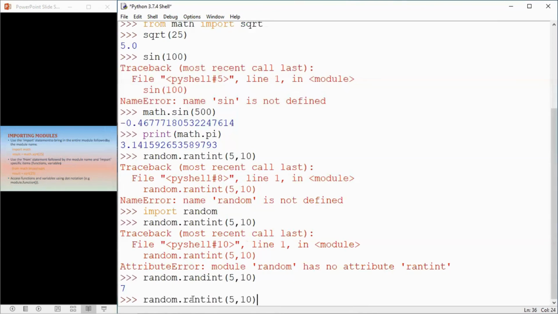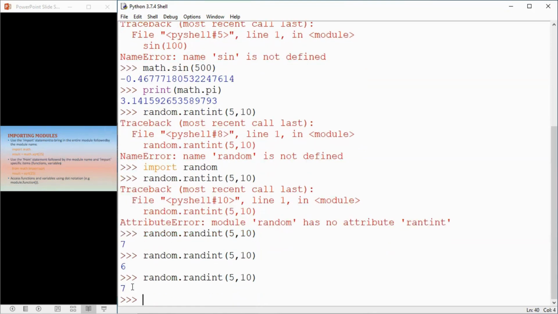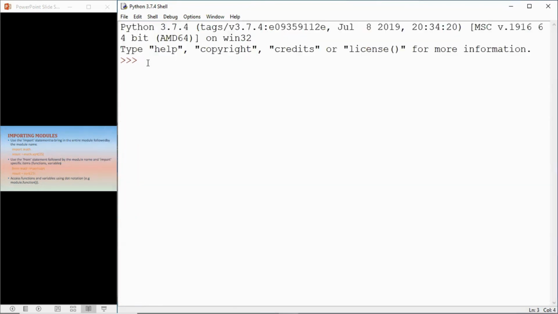If again I write this, this time it has generated a different value. As many times as you use it, it will generate different random values every time, right? Again, now it has given 7, so every time it will generate a random value between 5 and 10. Okay. Similarly, if you want to use the statistics module, right, you can import